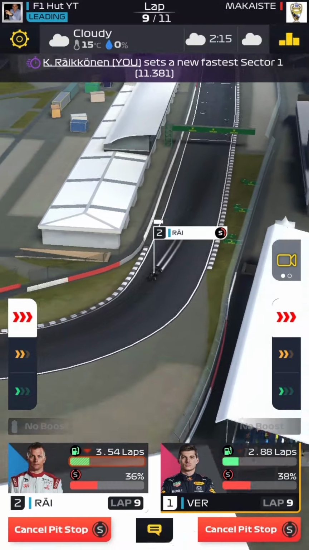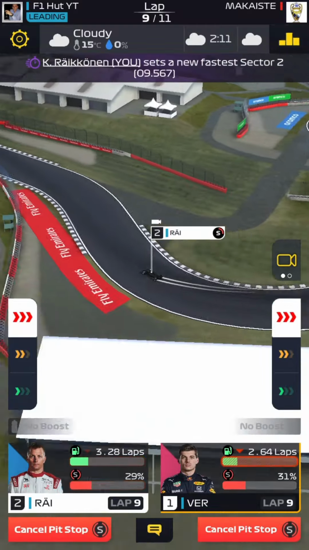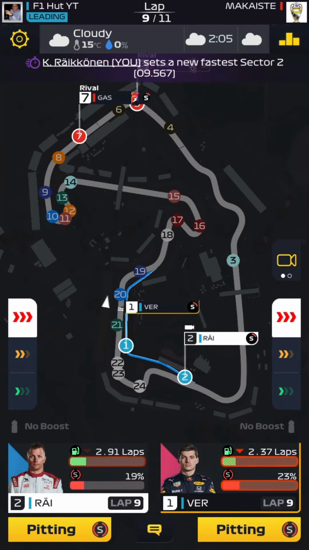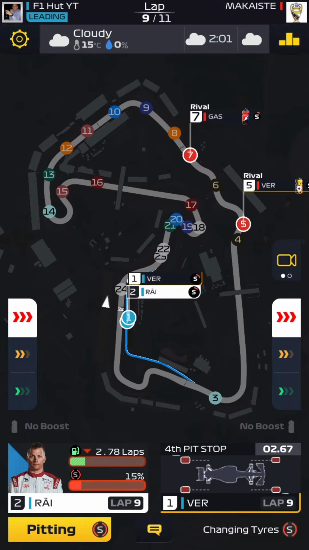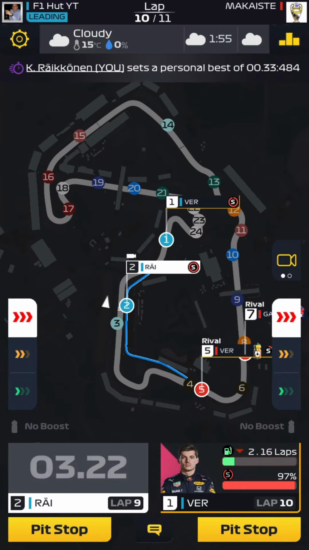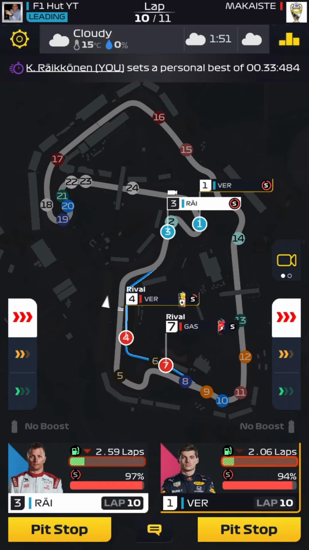So Bottas has to go for 3 laps on his soft tires. He's not gonna pit again, 100%. So we have, let's say, a decent amount of distance, and it's 1, 2, 3. Alright, we got stuck a little bit. 2, 3. Alright, we should be literally out behind Bottas. We are gonna keep boosting